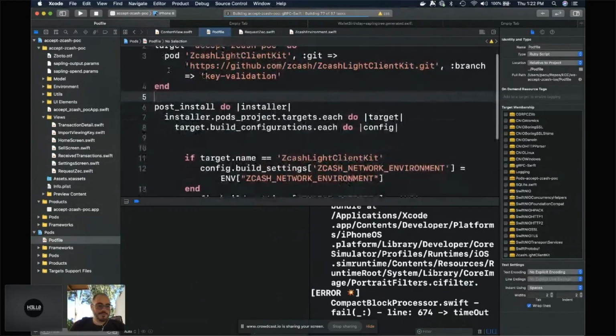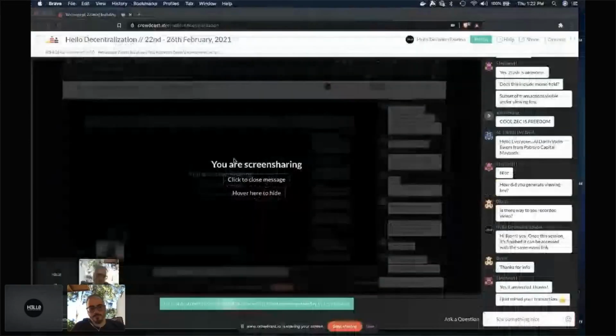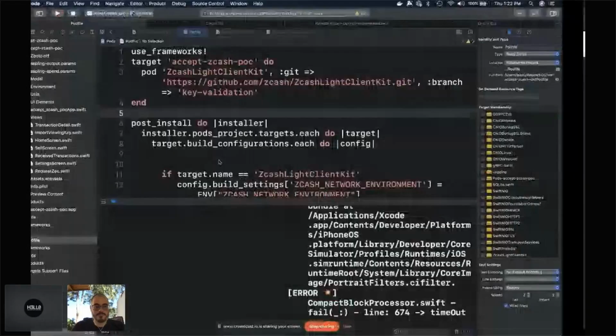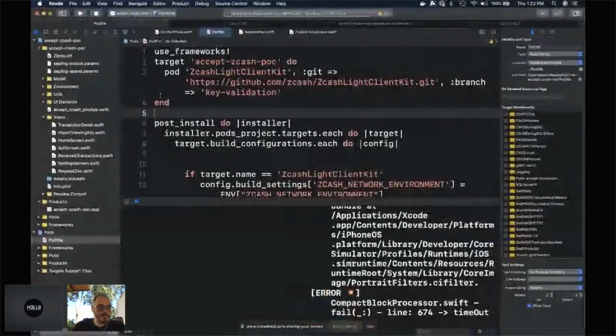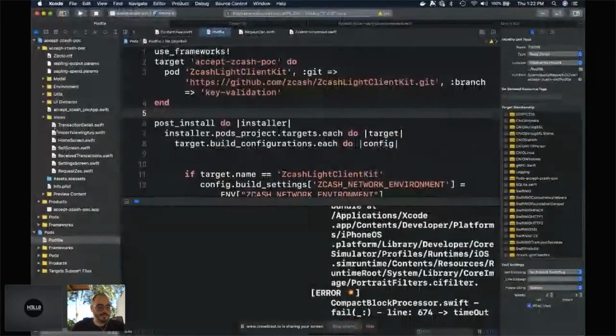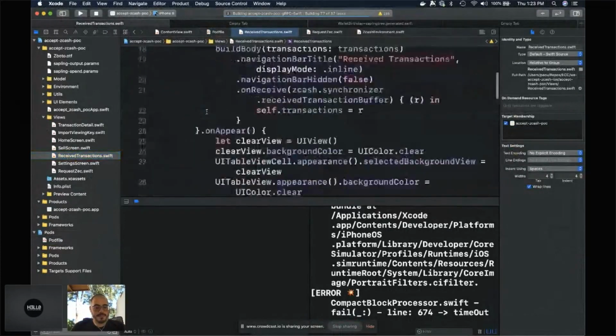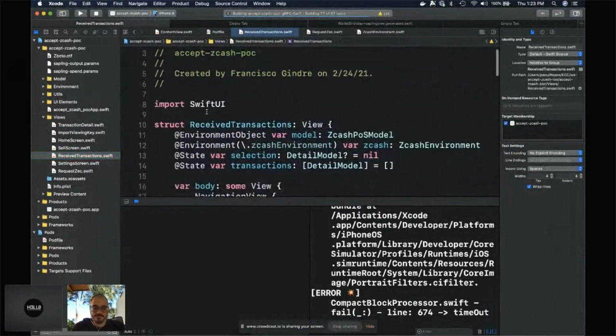Okay. So building is taking a little bit now. So does anyone have any questions? Nope. All right. Okay. So what do we have here? On this final step, we have done quite a lot. But the more interesting thing is the receive transactions. So the receive transactions screen